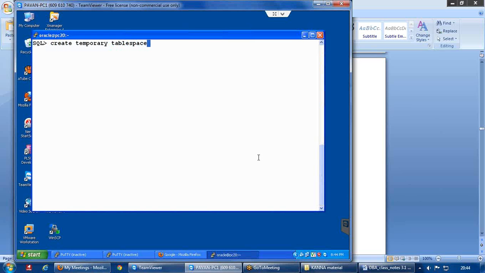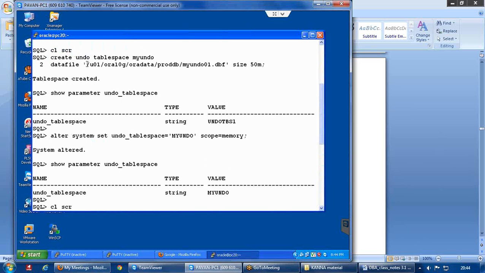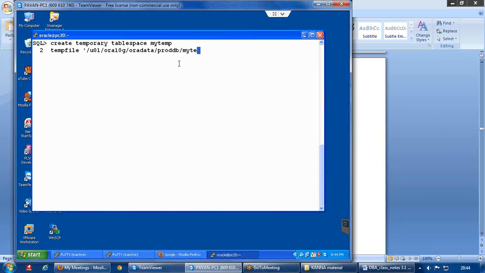Just add this keyword, and instead of datafile, because this is a temporary tablespace, you are going to say tempfile, and you can give any name. So this is how you are going to create a temporary tablespace.